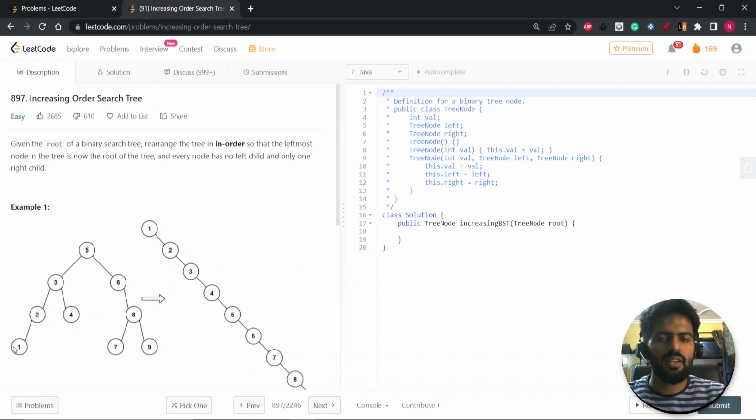There are two other traversals also, which are pre-order and post-order. In pre-order it's data, left, right, and in post-order it's left, right, data. And in in-order we basically process the left part first, then we process the data, and then we solve the right part. So what you have to do is traverse in the in-order way, and after